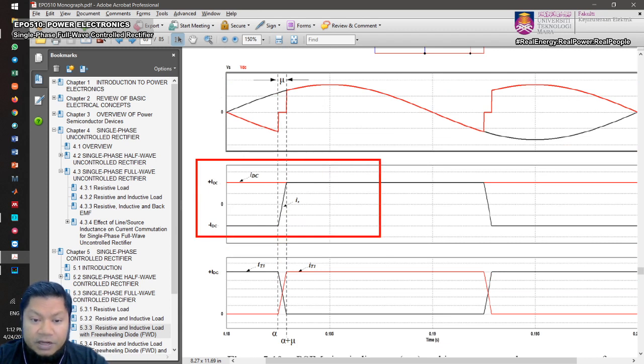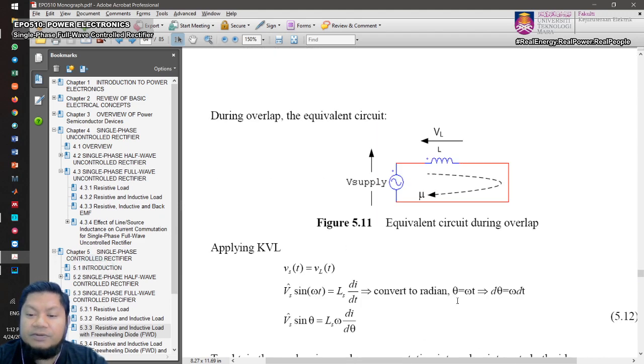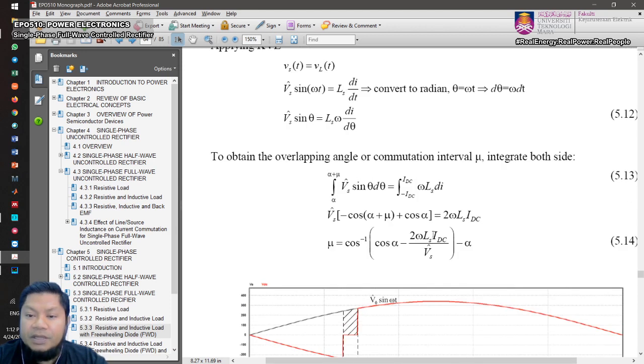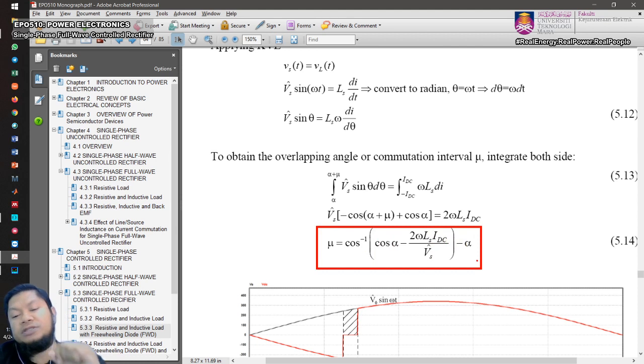The limit is from minus IDC to IDC, right? So that's why the limit is from minus IDC to IDC, omega Ls di. And for that, you will get this equation: the overlap angle mu equals cos inverse of cos alpha minus 2 omega Ls IDC divided by V peak s,